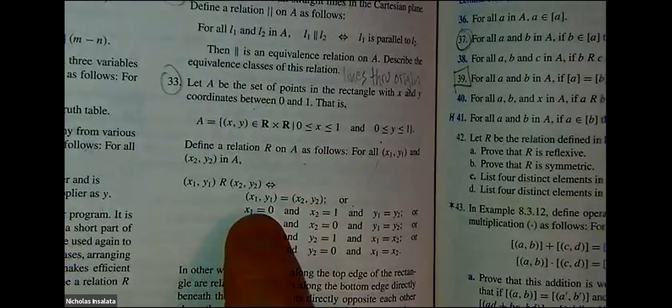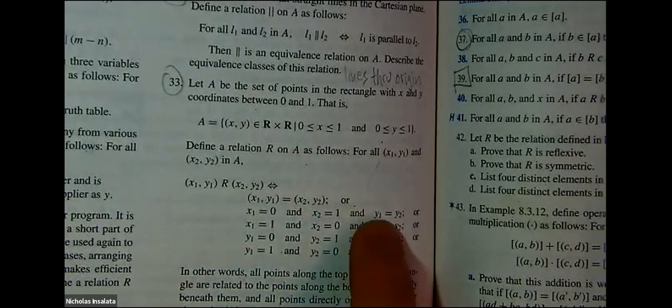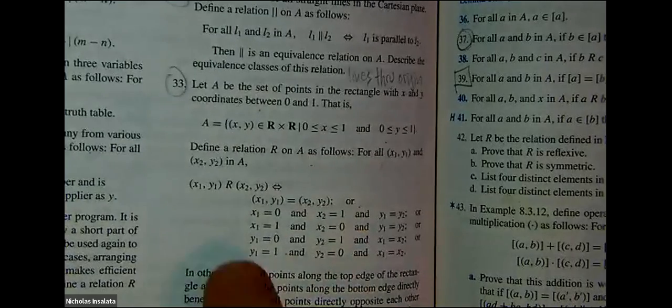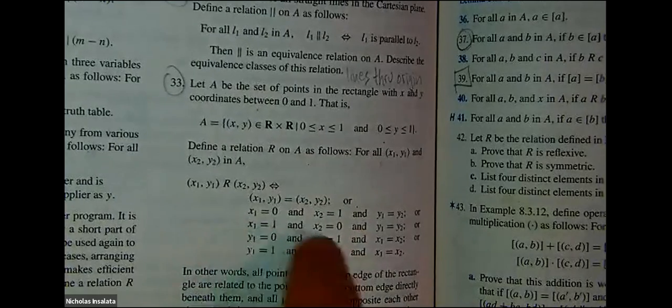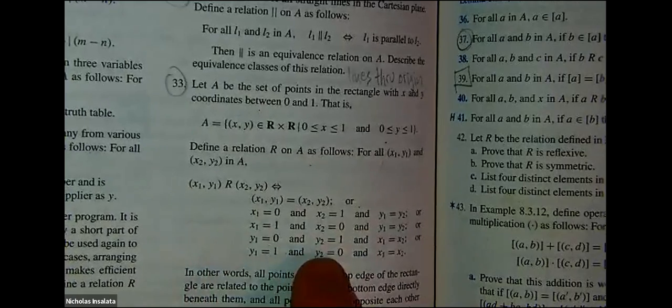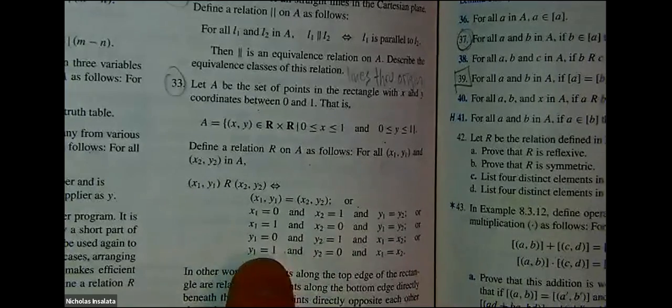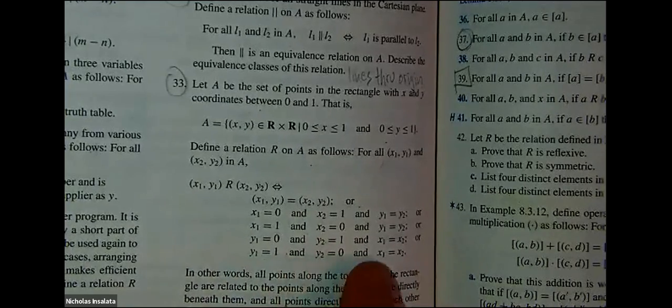Or if X1 is 0, X2 is 1, and the Y's are the same, or the other way, X1 is 1, X2 is 0, and the Y's are the same, or Y1 is 0, Y2 is 1, and the X's are the same, or Y1 is 1, Y2 is 0, the reverse, and the X's are the same. In other words,